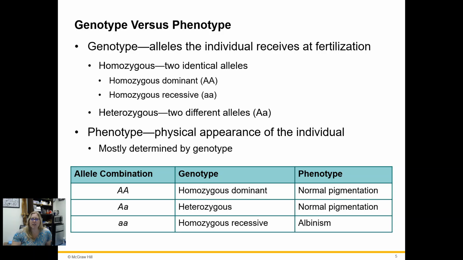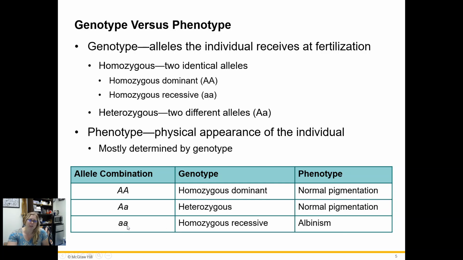trait. So in the example here, it's saying that if you are homozygous dominant or heterozygous, you have normal skin pigmentation. But if you are homozygous recessive, you have something called albinism, okay? That's that lack of pigmentation, and it results in skin that's very, very pale, white, hair that's white, eyes that can be very pale blue, and it can result in a lot of other things. People with albinism often have visual issues. Obviously, they're more prone to things like sunburn and that sort of thing, but it's because they happen to inherit